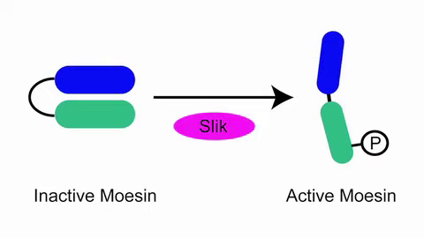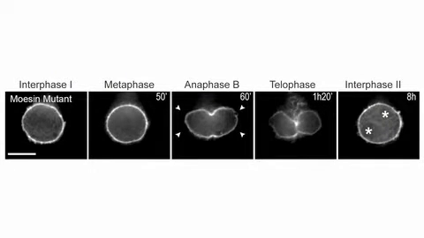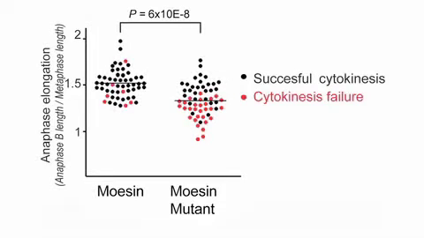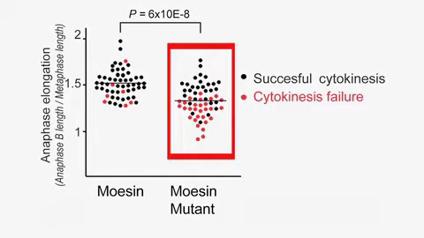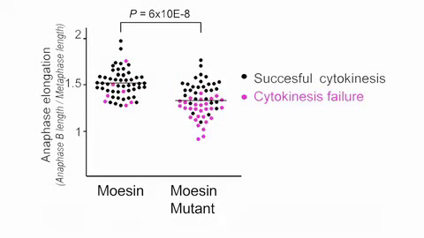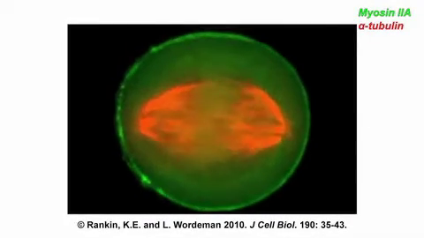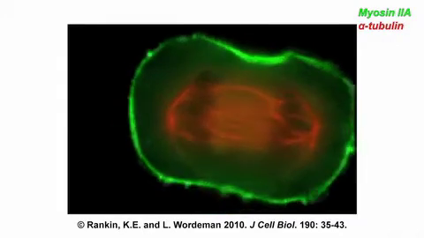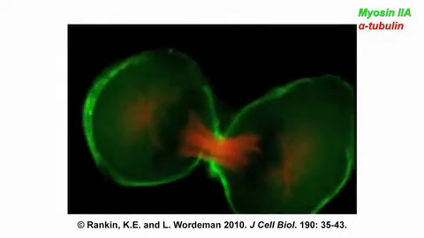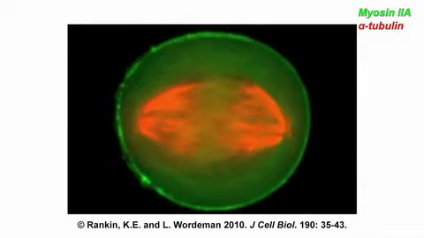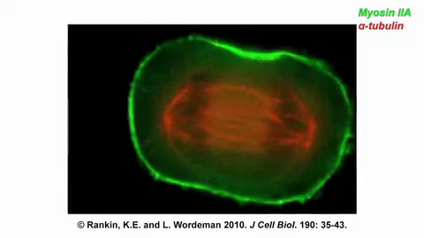Moesin's localization to the cell cortex is promoted by a kinase called SLIC, which phosphorylates Moesin on a conserved threonine residue. A Moesin mutant mimicking this phosphorylation is constitutively active and remained associated with the entire cortex throughout the cell cycle. Cells expressing this mutant failed to properly elongate during anaphase, often resulting in defective cytokinesis. Anaphase elongation requires contraction of the cell equator and the simultaneous relaxation of the cortex at cell poles. Normally, the reduction of Moesin and actin at the polar cortex allows anaphase cells to relax by forming transient membrane